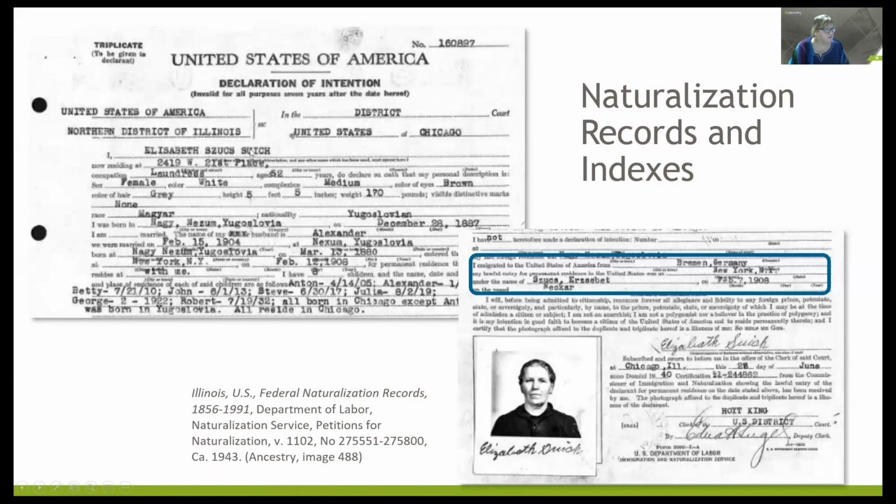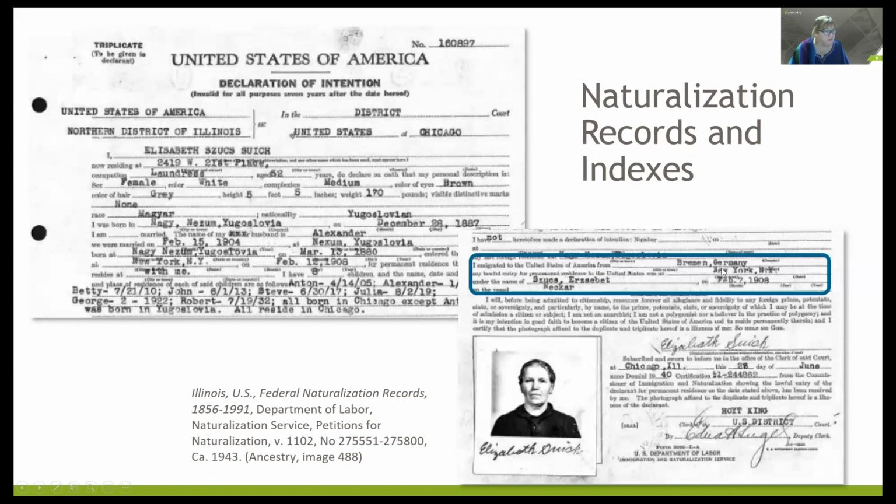This is Elizabeth Zooks, and Szojc is actually the Hungarian pronunciation for Zooks. So it looks like she was changing her name, the spelling of her name, so that people would pronounce it right. But address, occupation, all kinds of information, her husband, where she was from, all kinds of details about her children, their dates of birth.